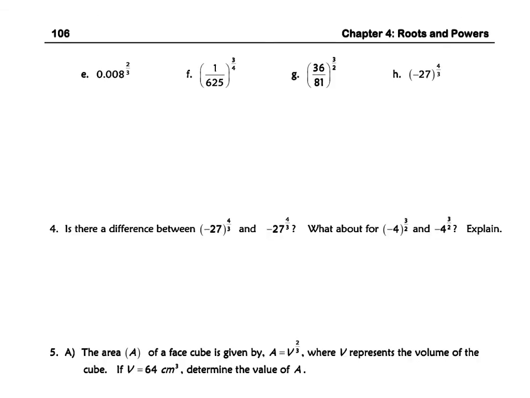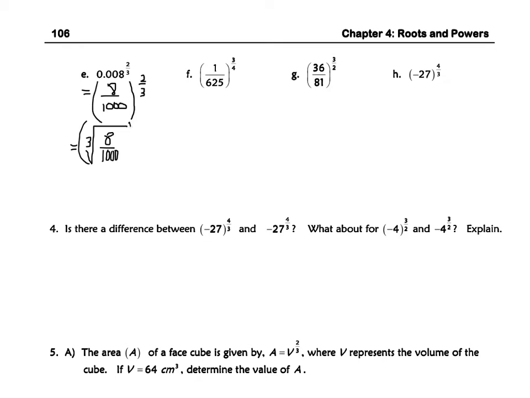The next one, it might be more helpful there to change that to a fraction instead of a decimal. So 0.008, I would write that in the equivalent form of 8 over 1,000, since 3 decimal places means 3 zeros in your denominator, to the power of 2/3, which would mean the cube root of 8 over 1,000,